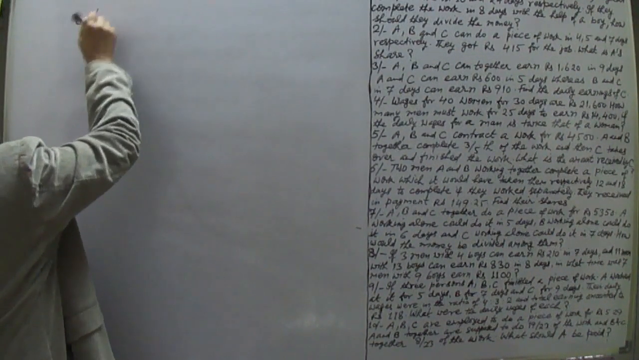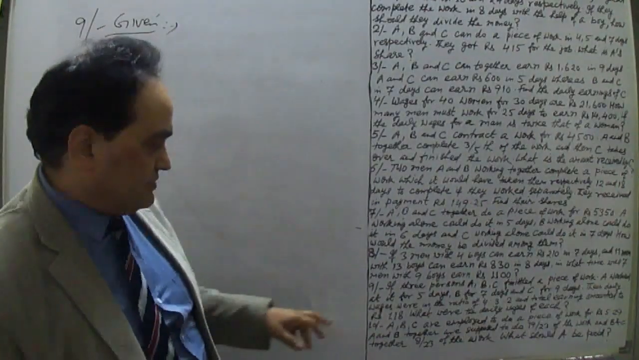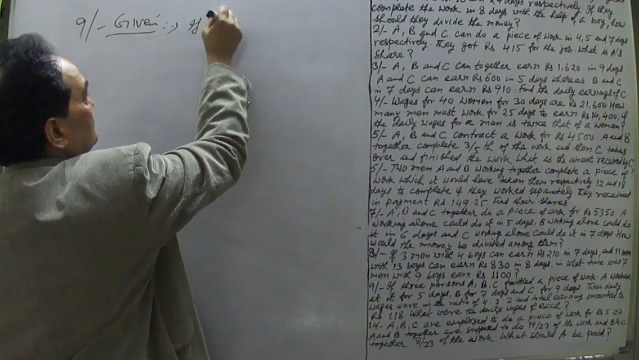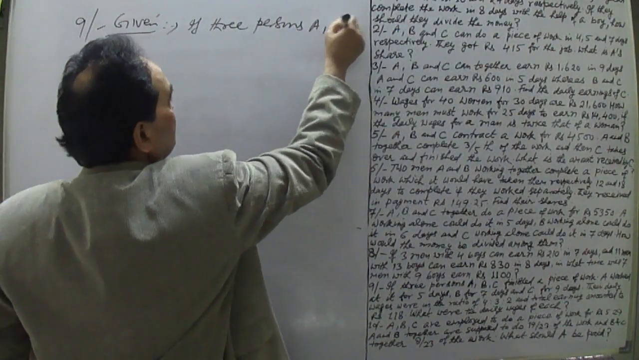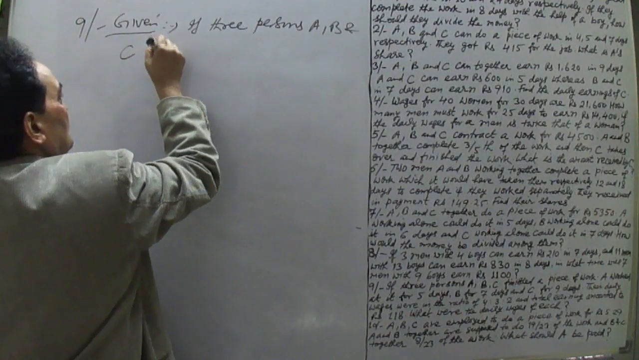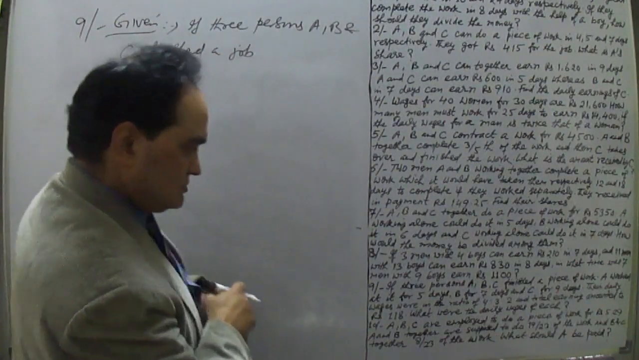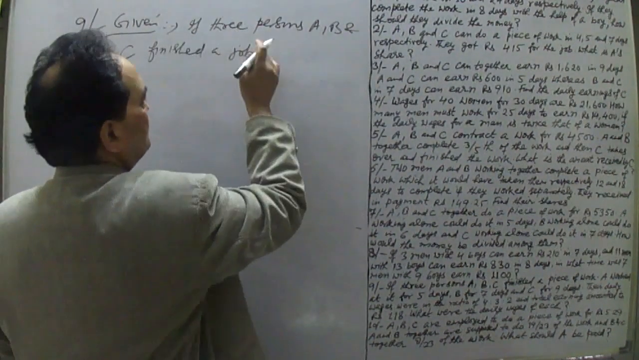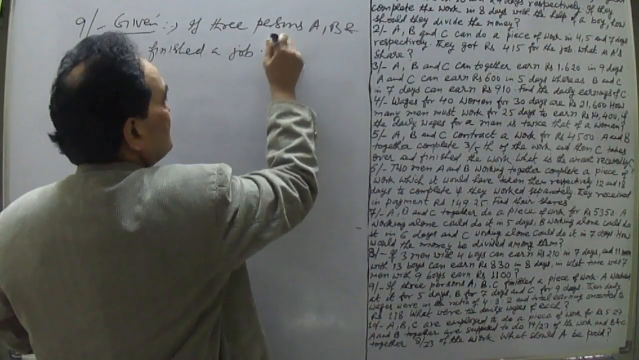What does question number 9 say? Let me write it here. Given. It says that if 3 persons A, B and C finished a job or a piece of work, then he said